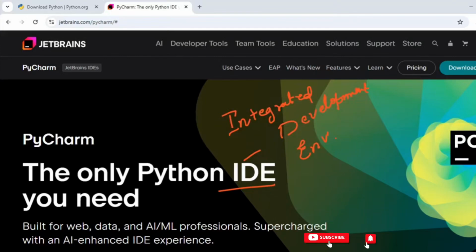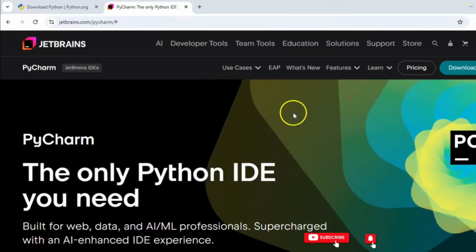Is PyCharm the only IDE that is there in the market? No, there are a lot of them. Visual Studio Code, there is Eclipse, there is Atom, right? There are a lot of them, but we're going to use PyCharm for this course because, as they claim, the only Python IDE you need. So let's try that, right? If you are already using some IDE, and if you want to use any other IDE like Visual Studio Code, you can go ahead and do that. There's no restriction to it, but here we'll be using PyCharm and we'll be seeing how to install it. All right,